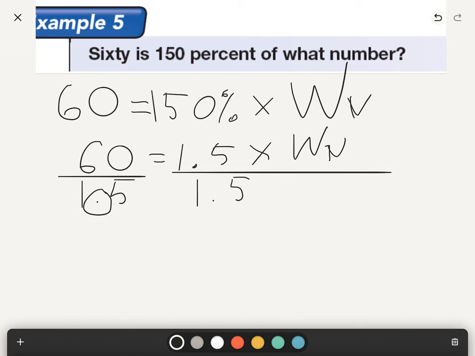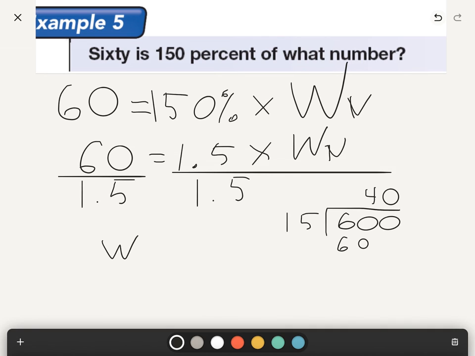And of course, I will need to eliminate my decimal there by multiplying each one by 10. I mean, really, this can't be done with mental math. And then 4 times 15 is 60. And then we just add 0. So what number